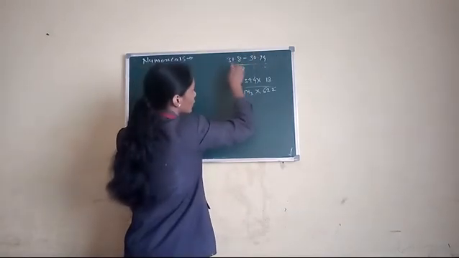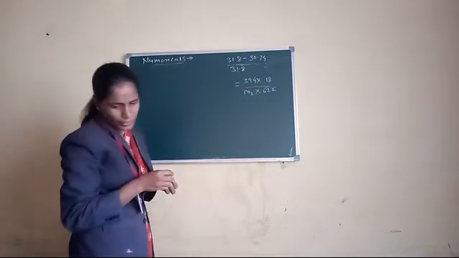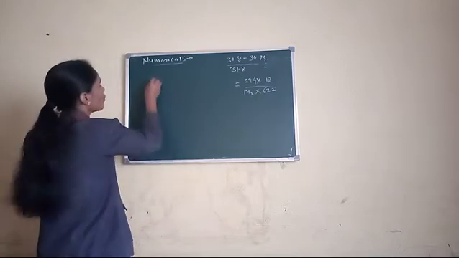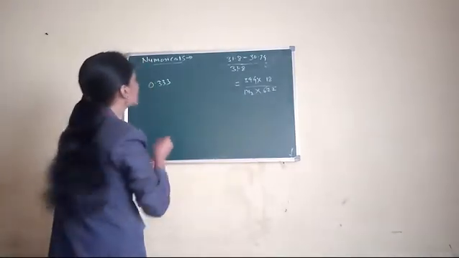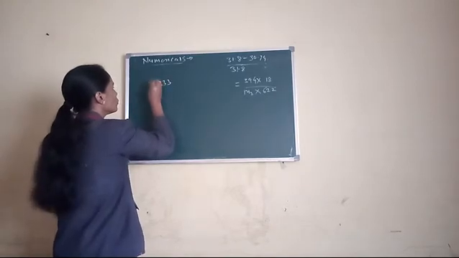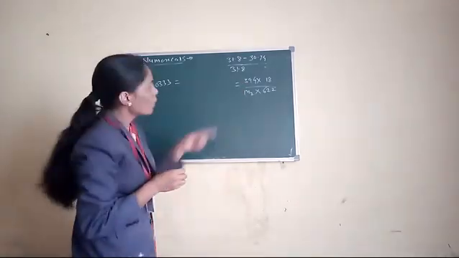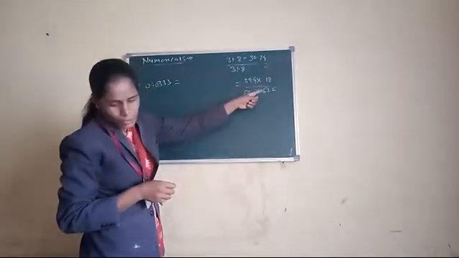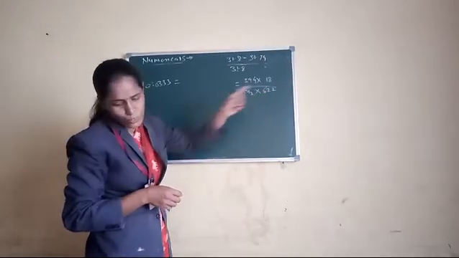Answer of this quantity 31.8 minus 30.71 upon 31.8 is 0.33, which is equal to 394 into 18 divided by 622. We get the answer